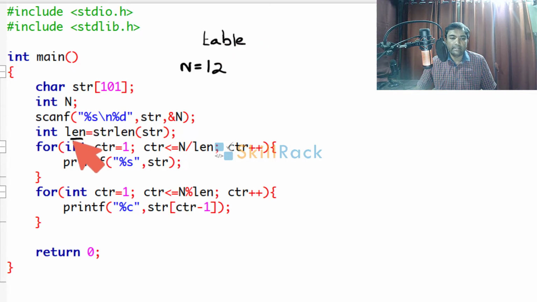Here it is len. In the string table there are 5 characters, so len is equal to 5, and then we were printing the entire string n by len times. What is n by len? 12 by 5 is equal to 2. So we were printing the table twice.